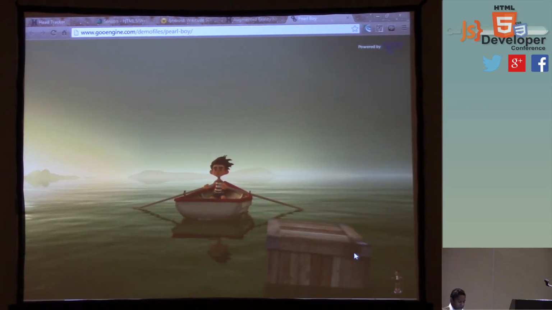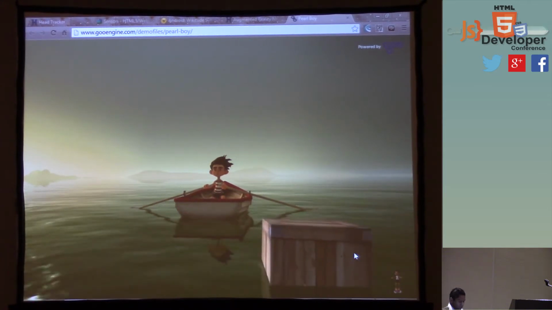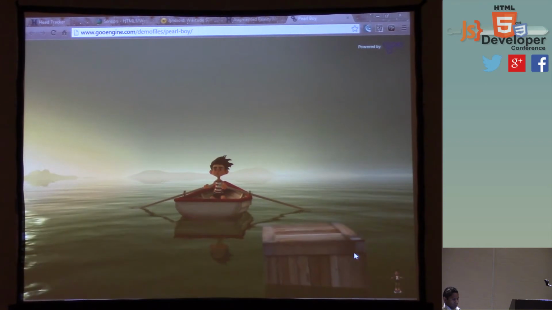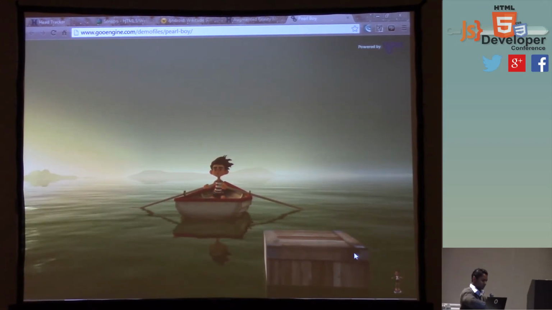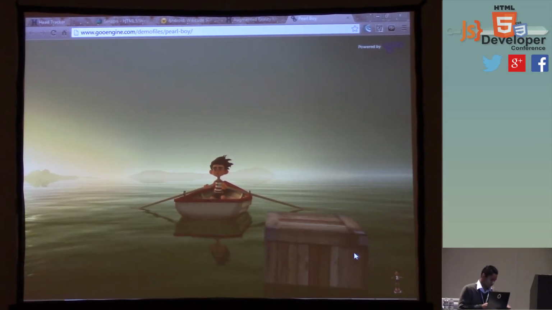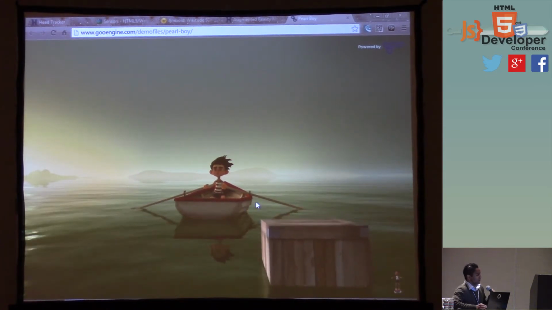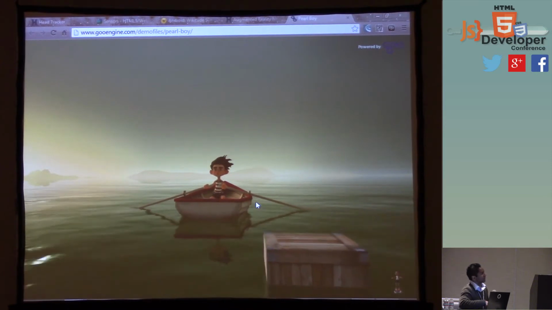My sound. Oh, this is nice. I think that's HTML5 audio.